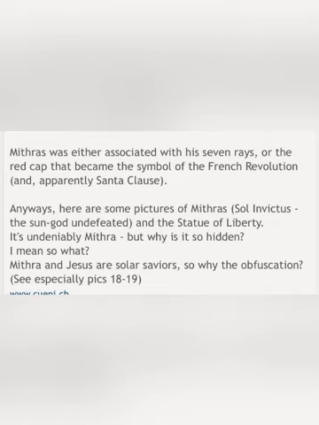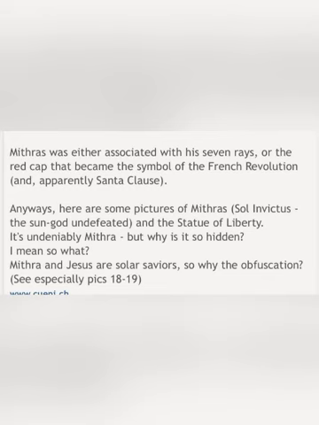Mithra is a sun god and is connected to the Statue of Liberty. Everyone knows that the Statue of Liberty is Mithra, especially when you study symbology. But most people, the majority of the population, I would say at least 80% of the world, doesn't know that the Statue of Liberty is Mithra.